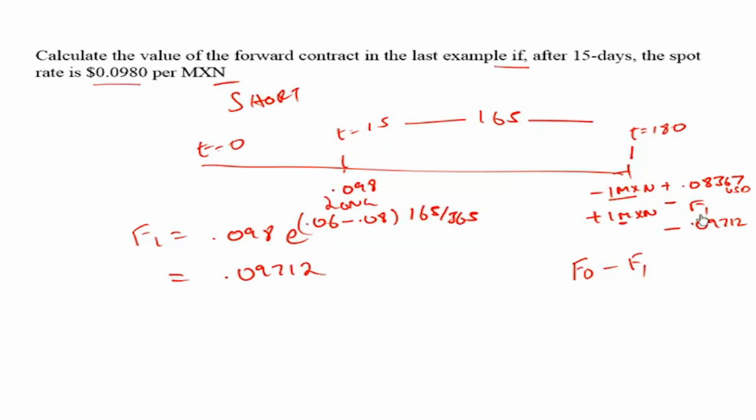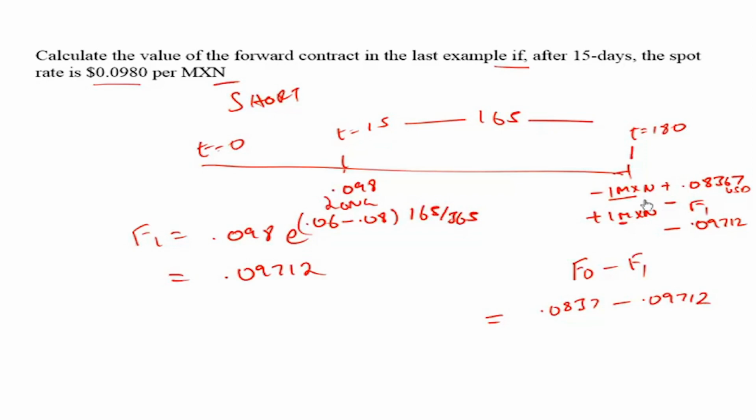He's originally short, and then he will short the Mexican peso and receive F0. So F0 minus F1 is what he has locked in. So his payoff will be equal to 0.0837 minus